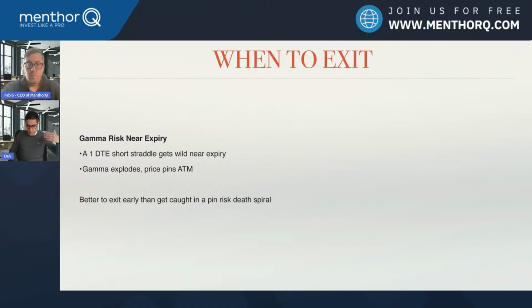Gamma risk doesn't happen only on the last day, but roughly about 20-21 days out it rises. And we will talk about this maybe some other time, Fabio. I think we can deep dive into this. The gamma risk is something which you can really avoid if you stick to basic rules and if you read Q's data properly. But in the end, this is something all new traders get whipsawed by. So basically, if you set up a trade, don't stay in till the last day, except if you're very safe.